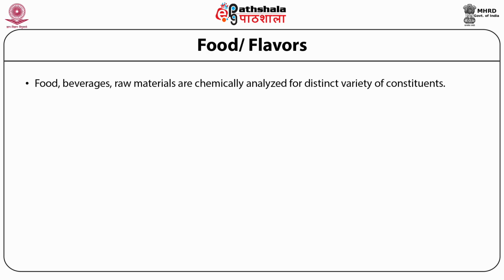Food, beverages, and raw materials are chemically analyzed for a distinct variety of constituents. The presence of contaminating constituents, for example, heavy metals, antibiotics, and adulterants, are best analyzed by IEC. The major application areas are